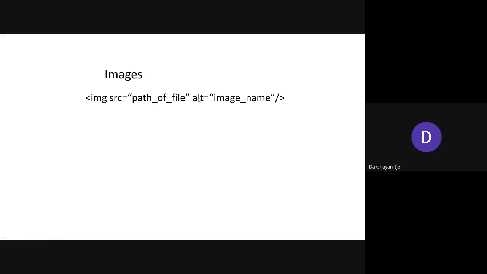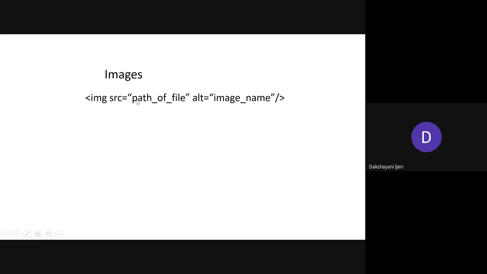Right, so I'll tell you for what purpose each of these attributes is used here. Since you know that the image has to be included as a part of the web page, but when you put the image, it is not automatically going to be taken. You need to provide the source from where the image has to be fetched to make it displayed on the web page. Either it may be from your local system or from some website, right? So in that case, the value for the source attribute is going to be the path of that image file.